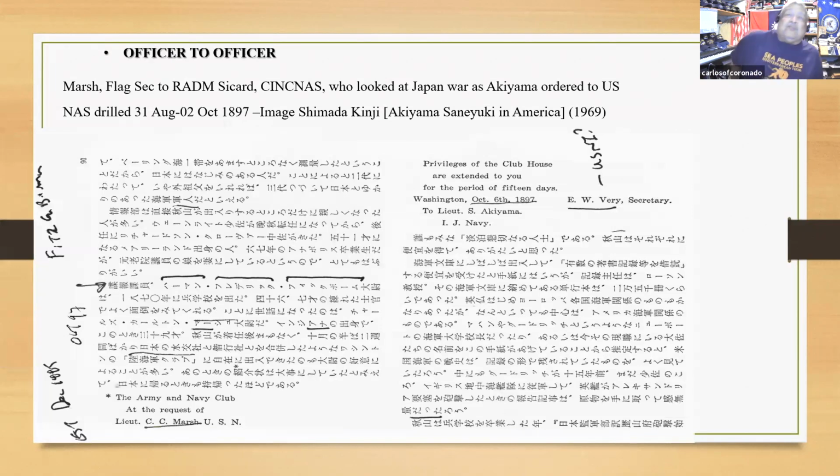Now, again, looking at sources, and I want to apologize because for this, I'm one of those persons who likes to write in their books. And I make all kinds of notations. And this is from a book published in 1969. And the reason that's important is